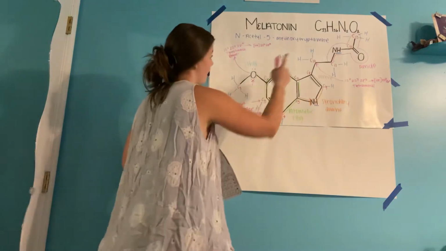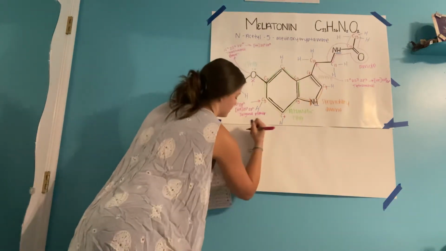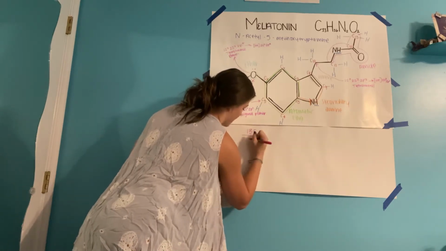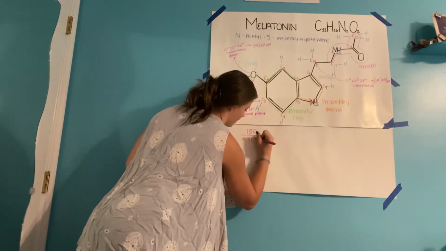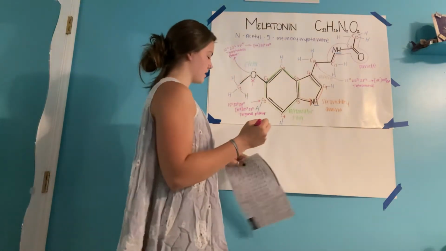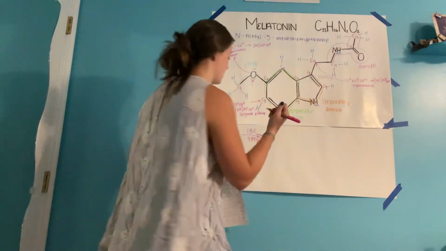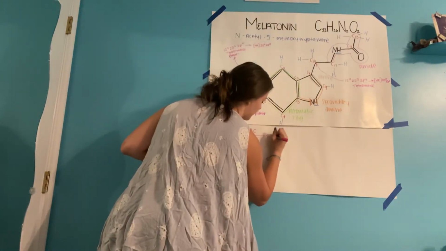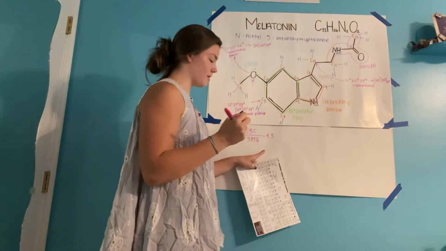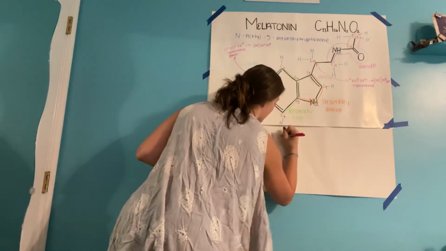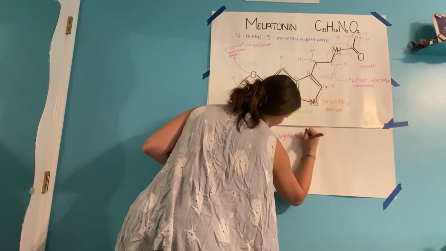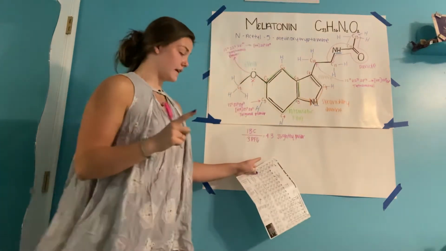So I have 13 carbons, so I'll do this down here. So you have 13 carbons, and then you divide that by the 3 polar functional groups. I did the calculation before, and it ended up being like 4.3 or something like that. And so we learned in class that 4.3 means it's slightly polar. So write that. So since it's slightly polar,